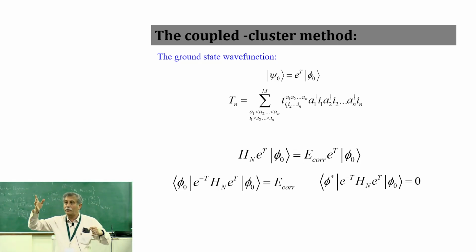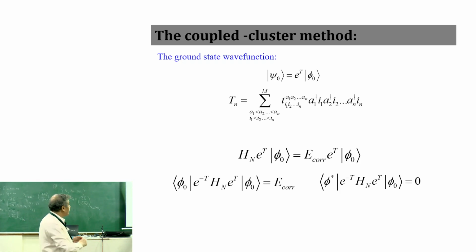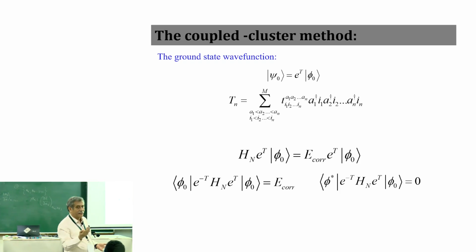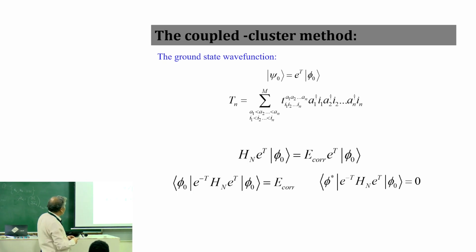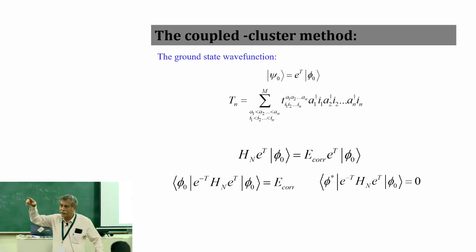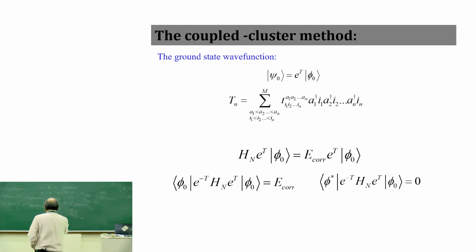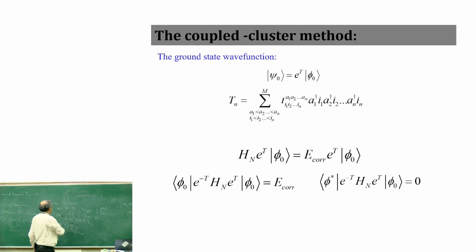So what have you generated now? You have generated an n-tuply excited configuration, right? If that number is only 2, then it is doubly excited. Otherwise, it is n-tuply excited because there are n excitations. Excitation essentially means one creation, one annihilation. So annihilation is where there is no dagger. So this is an annihilation. So this is an annihilation. The way I have written, this is a creation. This is a creation. And the i is an annihilation on i. So you can use any symbol, but this is generally what is used for the second quantized symbol.